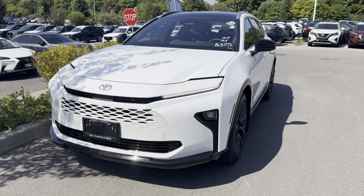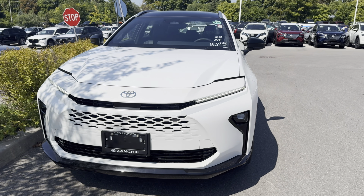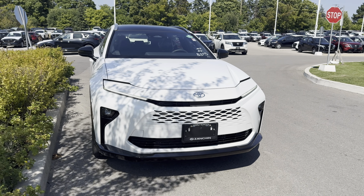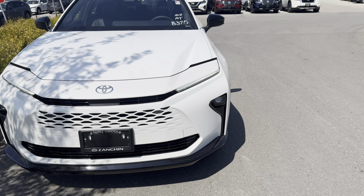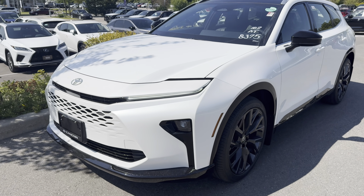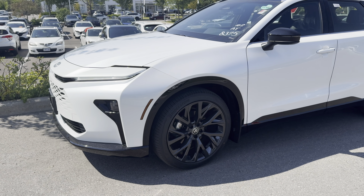All right, so here we have it in front of us, the '25 Crown Signia Limited with a Canadian MSRP of $57,450 plus your freight, PDI fees, and taxes. You can get the advanced technology package for just over $2,000 more plus taxes. But let's talk about the exact size and dimensions and what you're dealing with here with this all-new Toyota hybrid